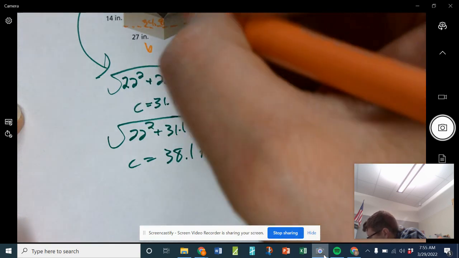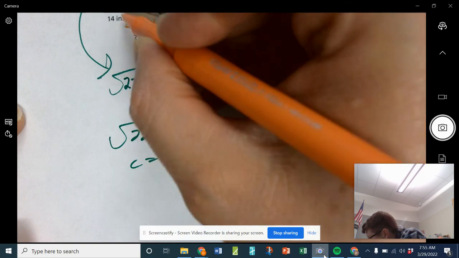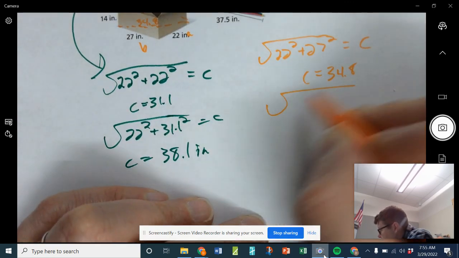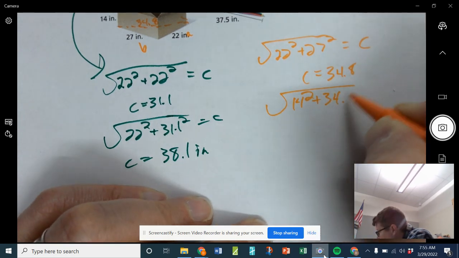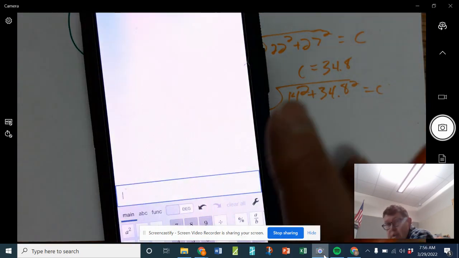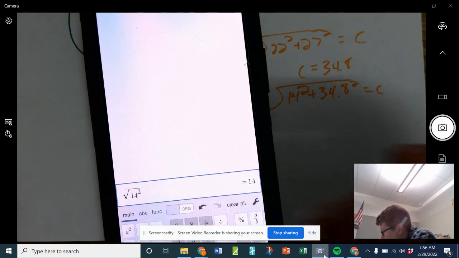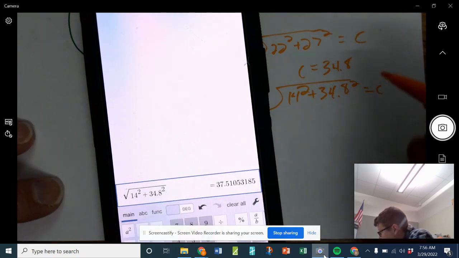Okay? And so then we'll figure out the diagonal right here. So it's 14 by 34.8, right? So 14 squared plus 34.8 squared equals c squared. And again, this makes it super easy. We'll just put it in here. The square root of 14 squared plus 34.8 squared gives us 37.5